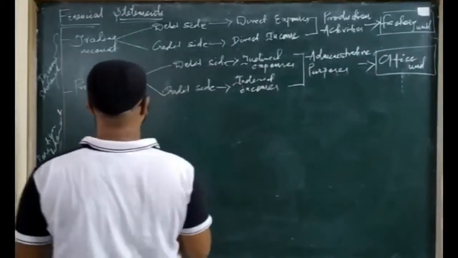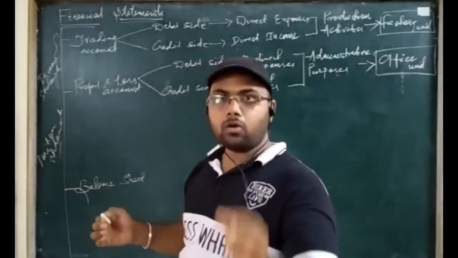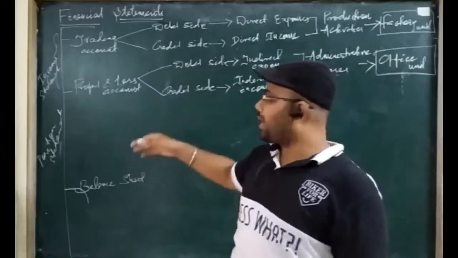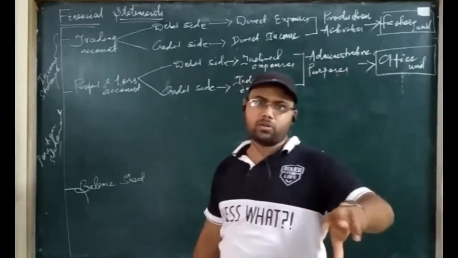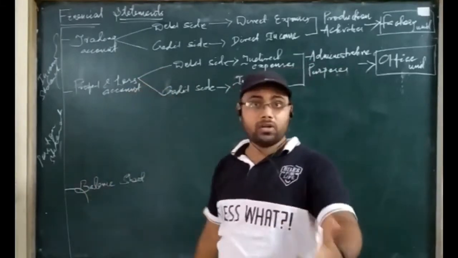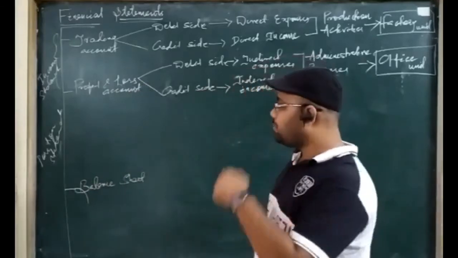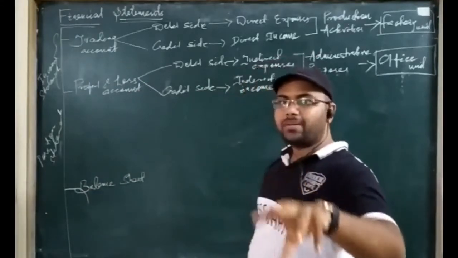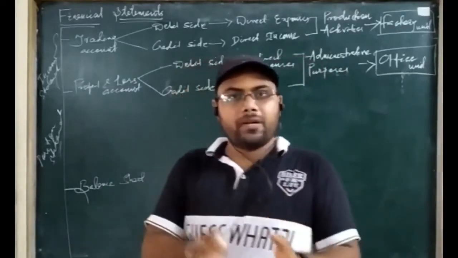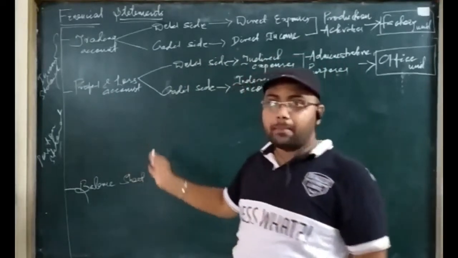Balance sheet is a statement. Not to confuse again the statement and account, I have told you, all accounts are statements, but all statements are not accounts. Anything that is in written form can be called a statement. So trading account and profit and loss account can be called a statement. But the balance sheet, by nature being a statement, cannot be an account. Since the balance sheet is not an account but a statement, it must not have a debit side or credit side. We will write in a simple, general way that on the left hand side certain items are posted and on the right hand side certain items are posted. So it does not have any debit side or credit side.